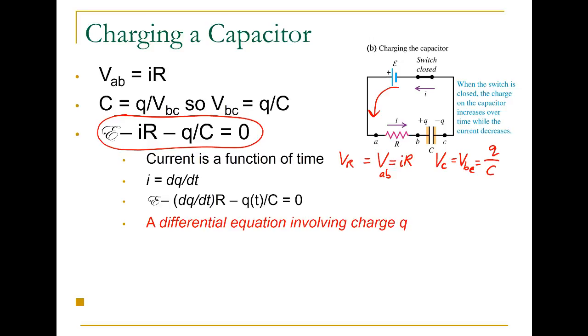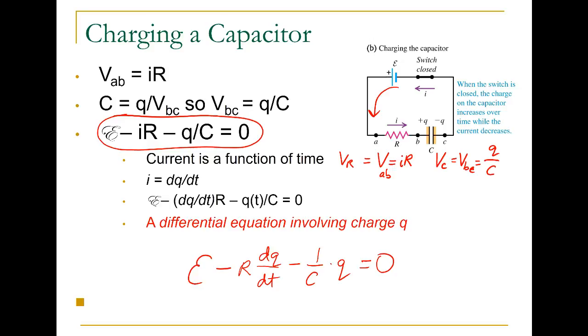Current is a function of time, so I is equal to dq dt, and so we can write this as E minus R dq dt minus 1 over C times Q is equal to 0. Now this equation looks a little bit intimidating. It's a linear differential equation, first order,